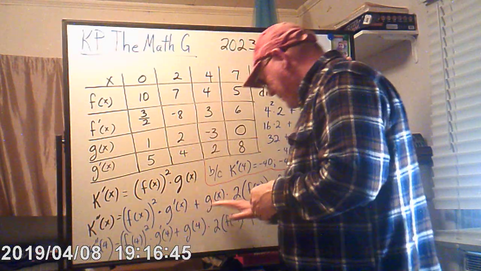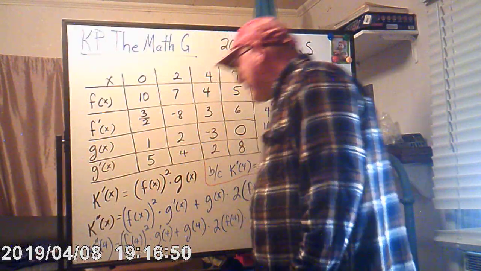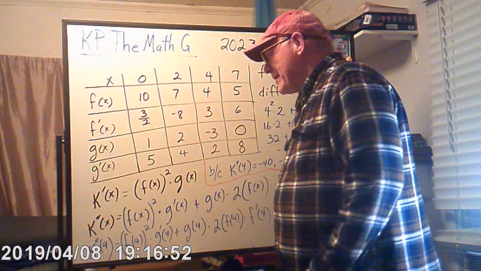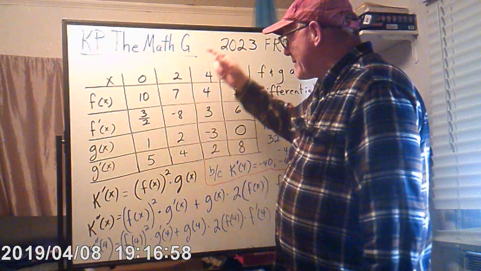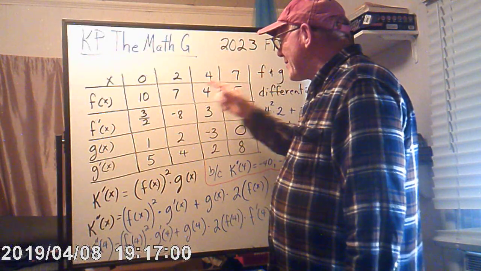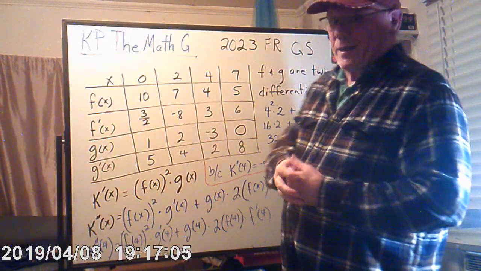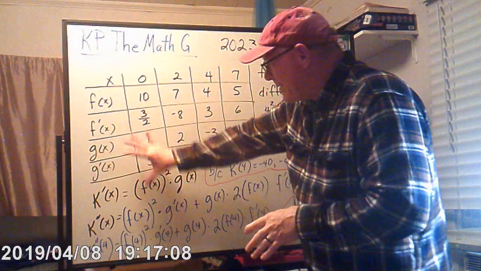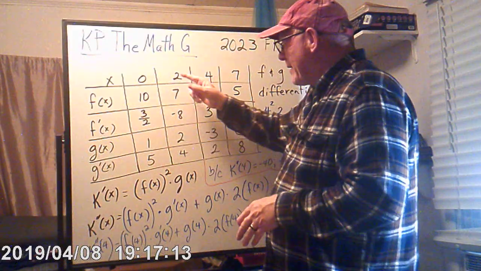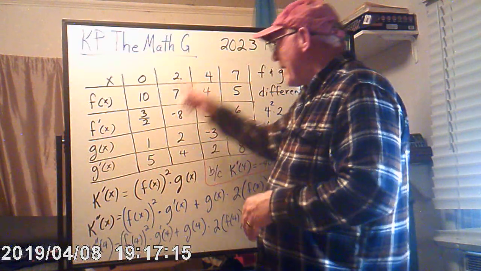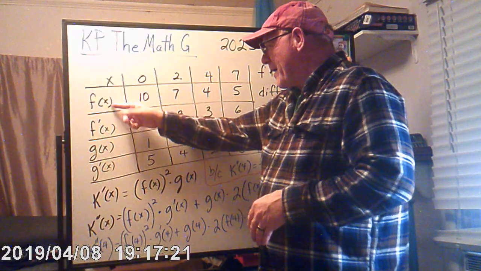Okay, make sure you do your derivative correctly. You're going to get some points for that. I don't know how many, but hey, this is what this is all about. So there's a lot of numbers we haven't even talked about: 0, and we had 4 and we had 7. We might have had 2 in there somewhere, but needless to say, now you've got to learn how to read the graph. G at 0 is 1. G at 2 is 2. G prime at 4 is 2. G prime at 7 is 8. F at 0 is